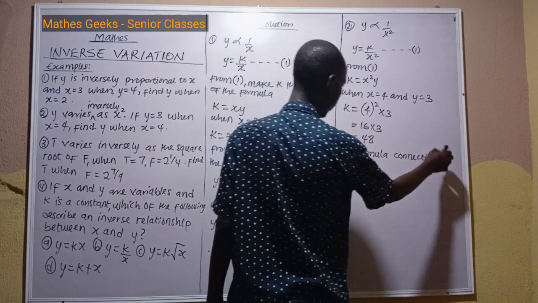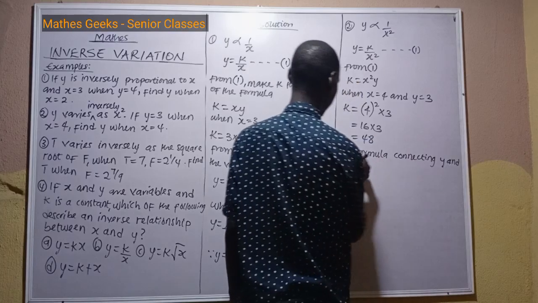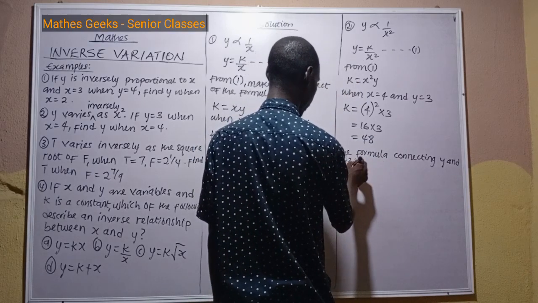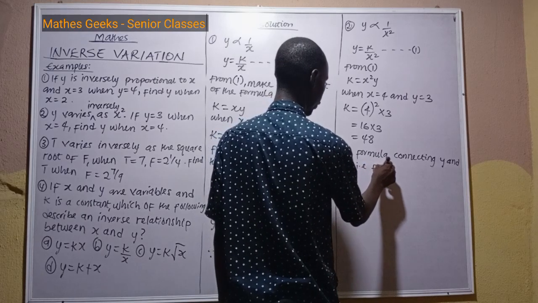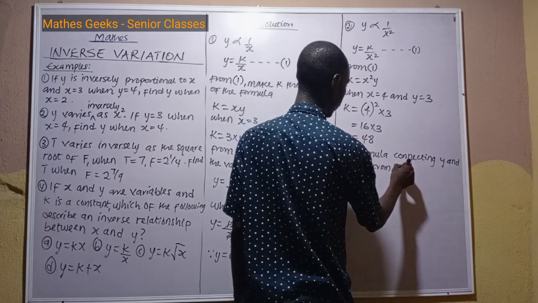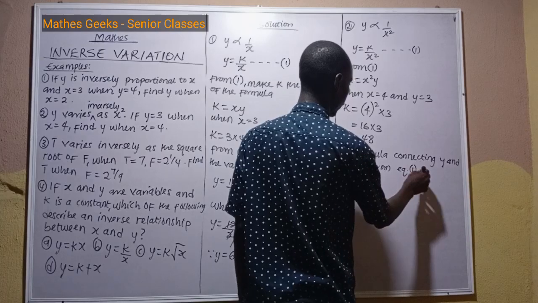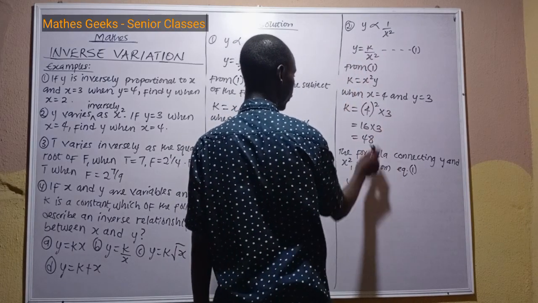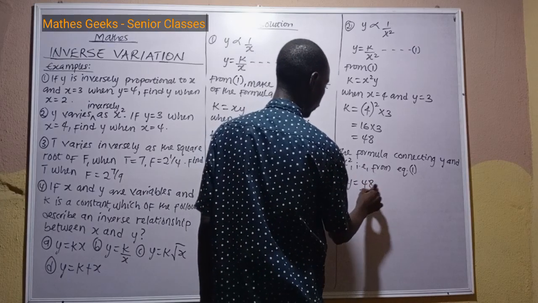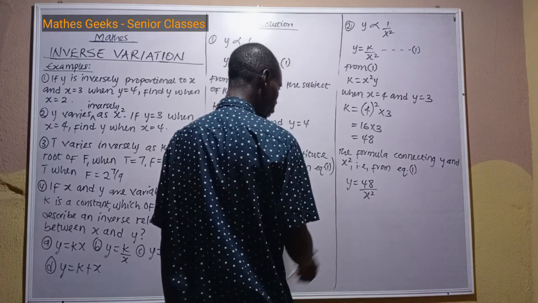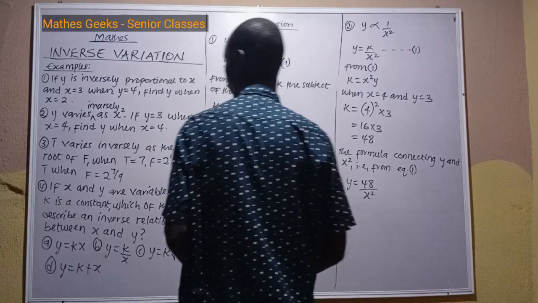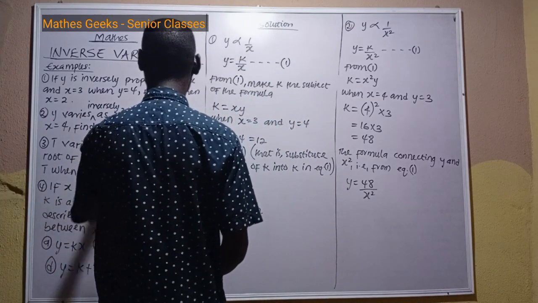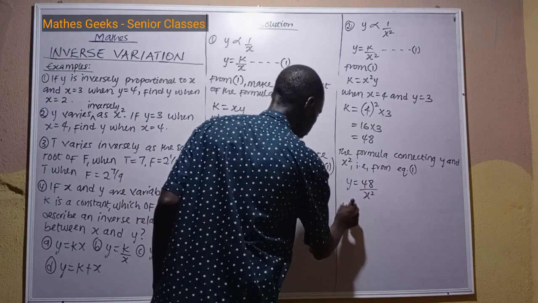The formula connecting y and x squared, from equation 1, y is equal to, now in place of k, put the value 48 over x squared. Now the question wants us to find the value of y when x is 4. So when x is 4,